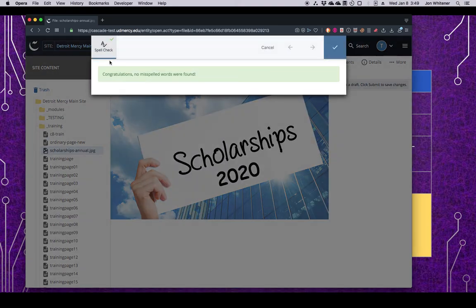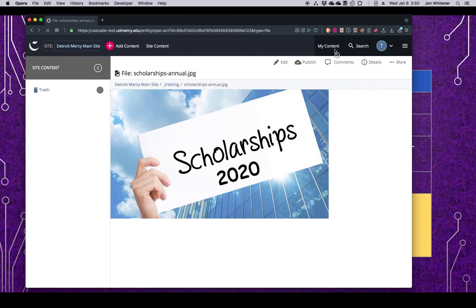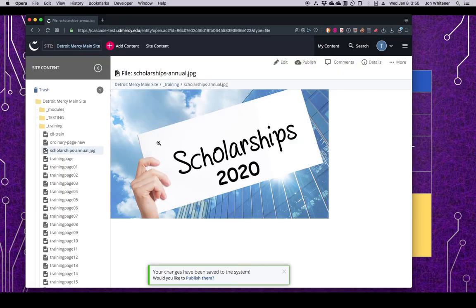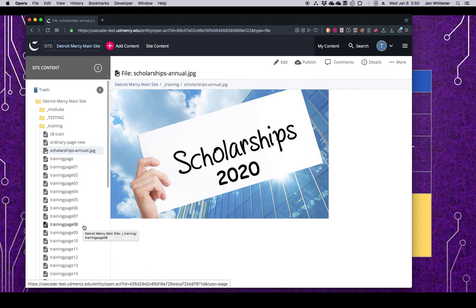There's no misspellings found in the image, which is good. Not that it would find any because it's an image. And then I submit it. Now again, I didn't have to change any of my links to this file. I don't have a bunch of different files with different years on the system name. I just have a single file. I publish it, and that's all I have to do.